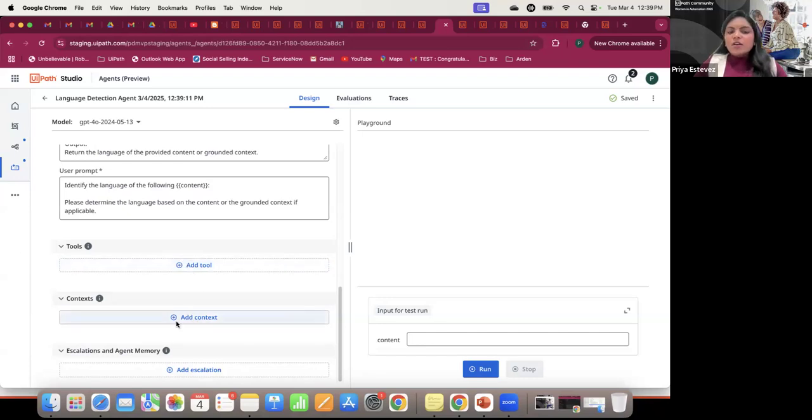And also it provides the context. Context is very important in order to make sure that this specific agent works on your process-specific goals as well. So this is a very simple example of what are the different agents that we have within UiPath. And again, this is just in private preview as of now. It will definitely be available in the upcoming months.